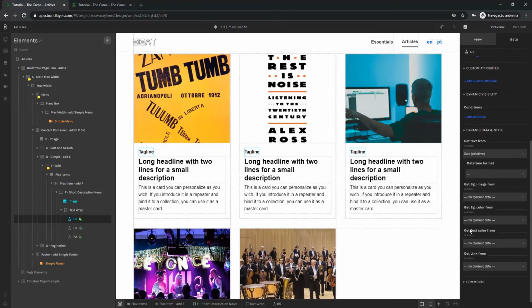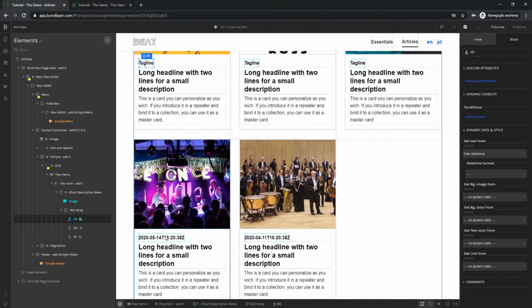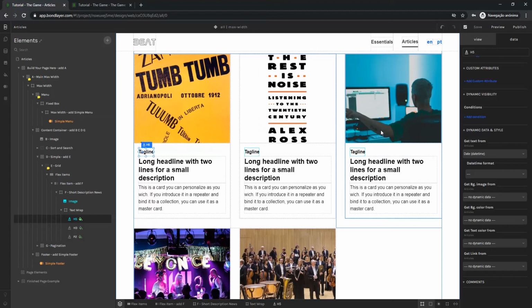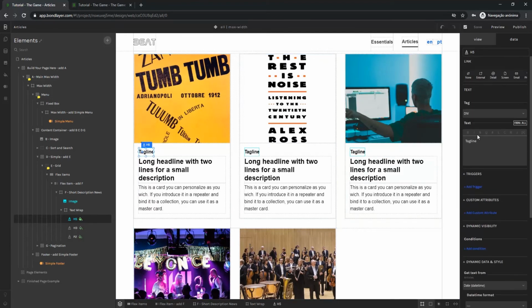We can see that for some of these elements, their value has been altered, but not in these first three elements. This means that for these entries, the content manager hasn't filled out this field, and what's appearing is what is written here. A placeholder can be added in case the content manager hasn't populated a certain field. We can also create a conditional visibility rule, but we'll have a better look at this in a future video. In this case, I'm going to delete the placeholder so that nothing appears.